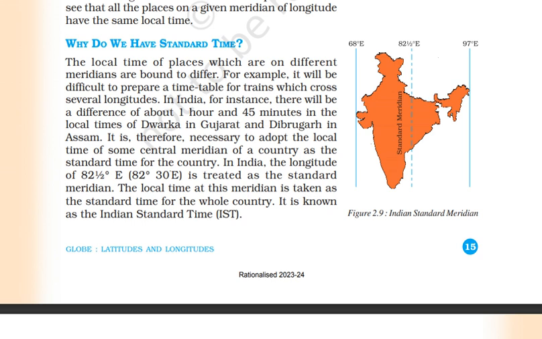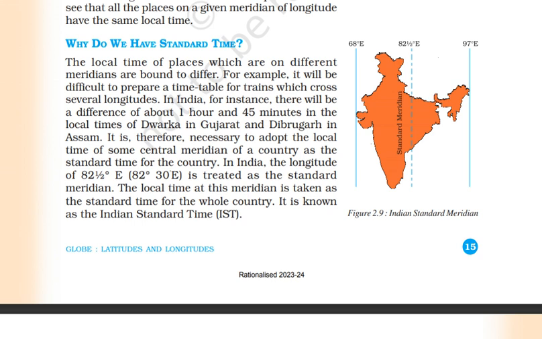Why do we have standard time? The local time of places which are on different meridians are bound to differ. For example, it will be difficult to prepare a timetable for trains which cross several longitudes. In India, for instance, there will be a difference of about 1 hour and 45 minutes in the local time of Dwarka in Gujarat and Dibrugarh in Assam. It is therefore necessary to adopt the local time of some central meridian of a country as the standard time for the country. In India, the longitude of 82.5 degree east,